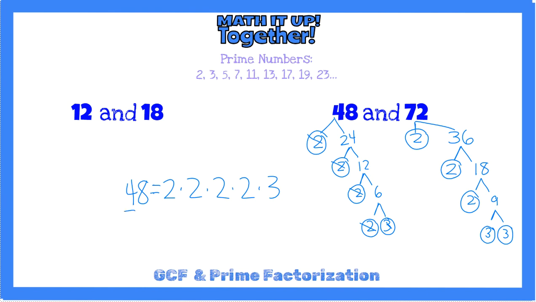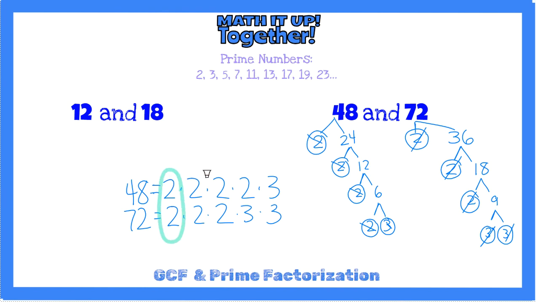So for 72, we have 1, 2, 3 2's being multiplied together. And we have 1, 2, 3's being multiplied together. And again, we can multiply these all together on our calculator or in our head and make sure that our number is correct. And then we're going to look for those common